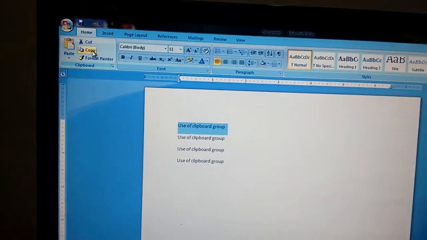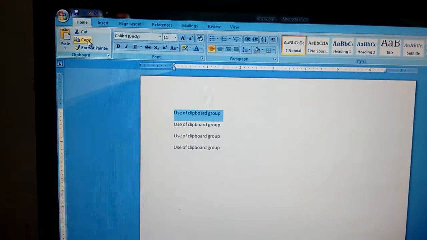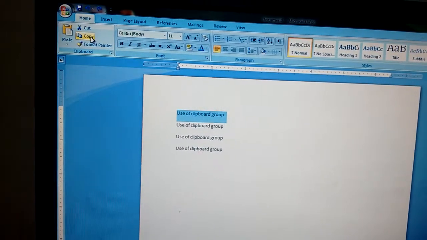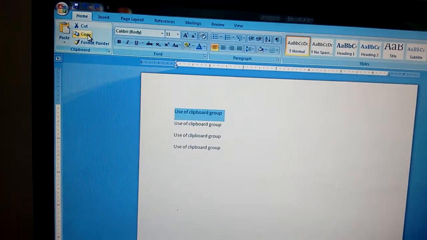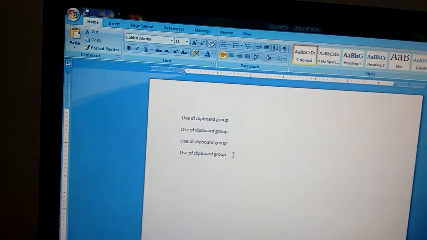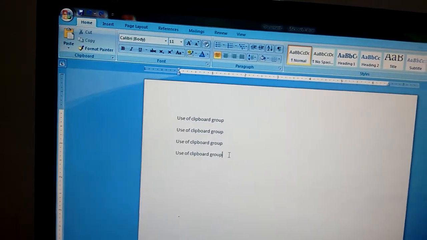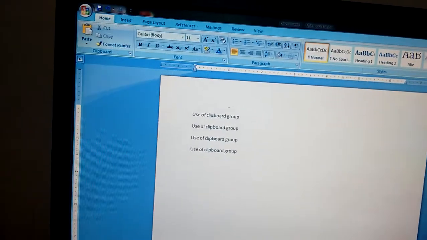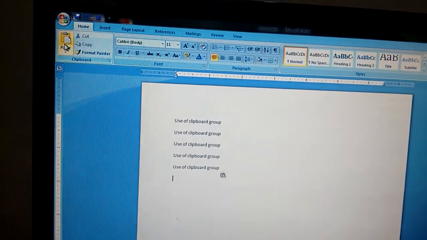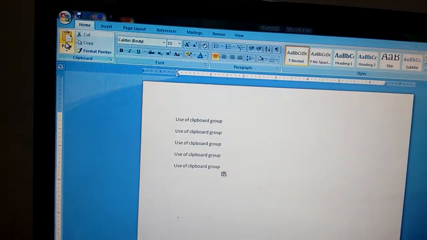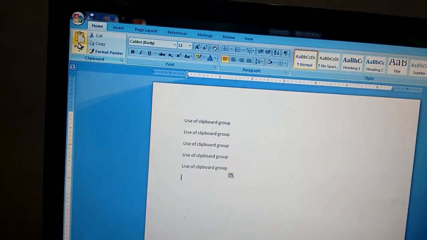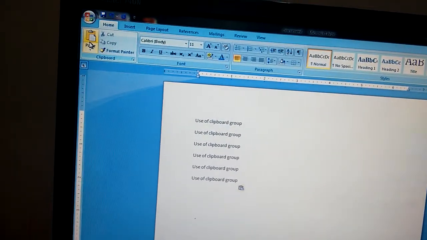Shortcut key for this is Ctrl plus C. You press and hold the Ctrl key on the keyboard and then press the C letter. Now where you want to paste, suppose here, leave your cursor here and then click on the paste command. Text will be pasted there. By using the shortcut key, you press Ctrl plus V. Text will be pasted there.